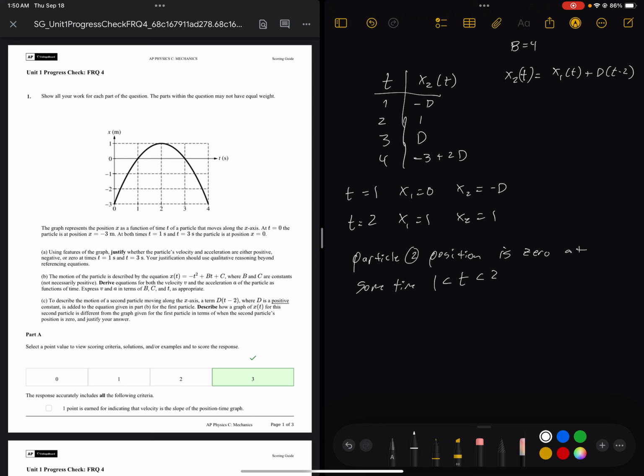So eventually the velocity is going to become negative, and if the velocity eventually becomes negative, its position will also eventually become negative. Also, you can see here at t equals 4, the position is negative 3 plus 2d. If d were equal to 1, then my position would be negative 3 plus 2 times 1, which is just negative 1, right? So at some point in time,